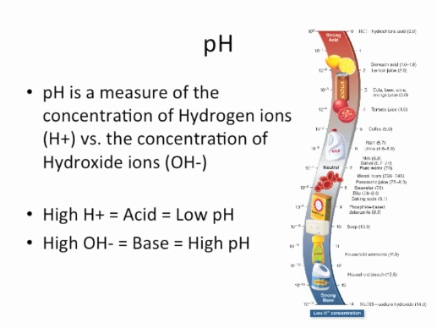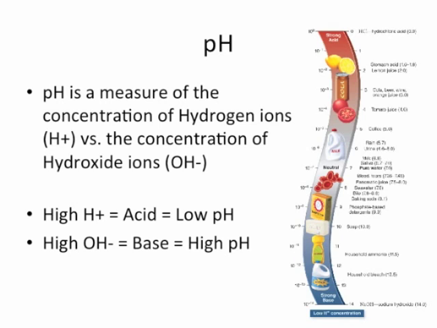If these are not equal, and the concentration of H+ is high and the concentration of OH- is low, we get something called an acid. Acids have a low pH. So low pH is high in H+ and low in OH-. Acids are things like lemon juice, soda, tomato juice, even coffee is acidic. So those are all acids. Acids have a high concentration of H+ ions.